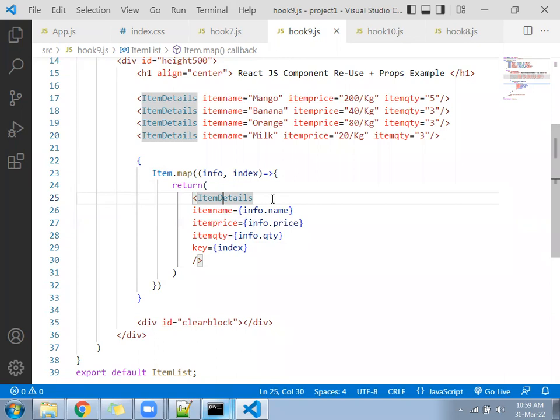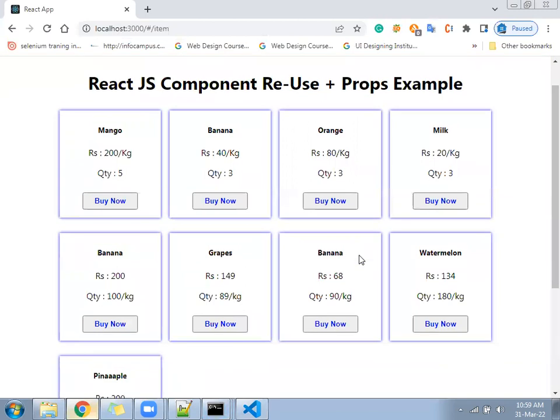For checking, check now, it will display the list of all the items coming.